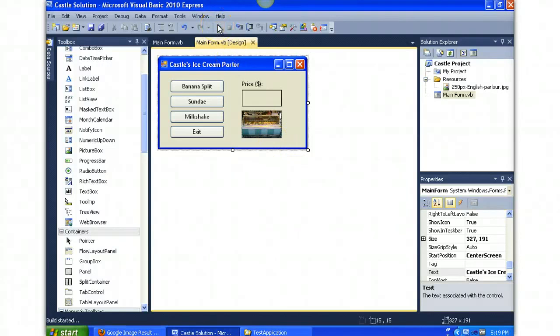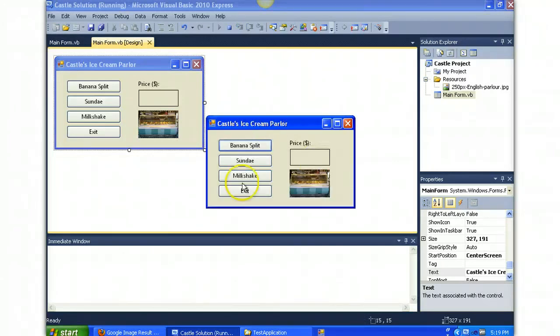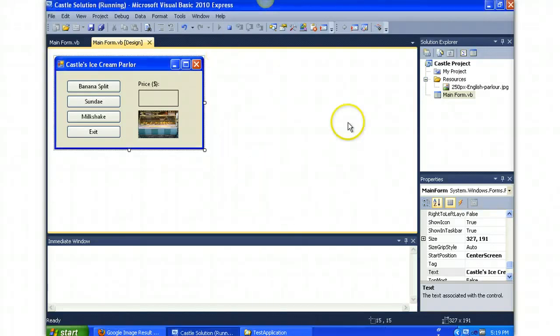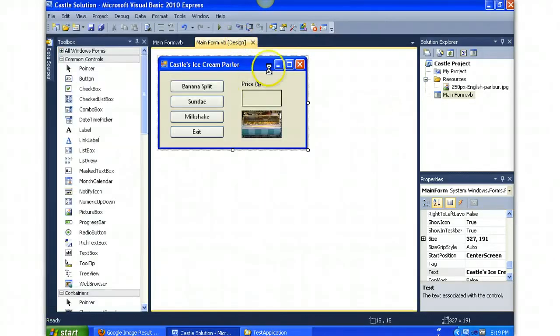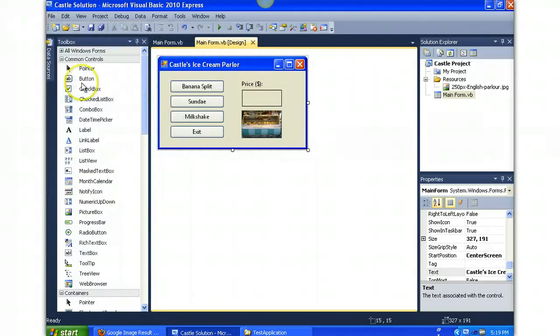So I'm going to go and play it now. Build is started over here on the left. So the application is started. And there we go. There's our nice image of an ice cream parlor. Go next to the application. Now, two more things. I'm going to show you how, you want to close this application once you're finished before you try to package it and upload it to Eagle. So I'm going to close the project